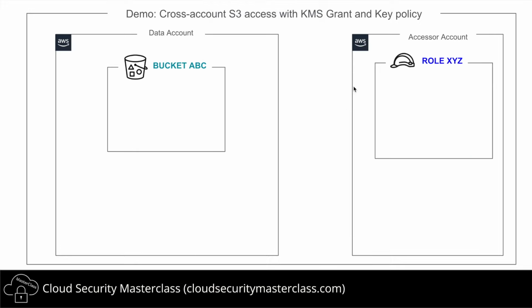All right, so let's take a quick look at the blueprint from this demo, where we will be creating cross-account S3 access using KMS grants and key policy. In this setup, we have two AWS accounts. One is the data account, which is hosting the S3 bucket. And then we have the Accessor account, which is hosting the IAM role that will be accessing the contents of